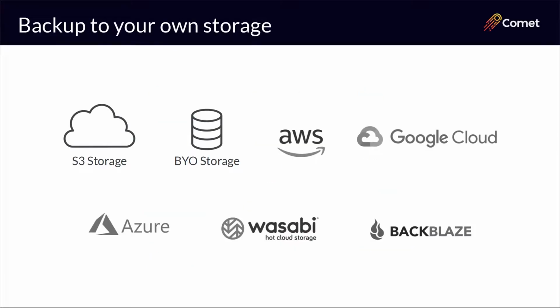One of the valuable selling points for Comet users is being in full control of their end user Office 365 data. This is achieved by bringing your own storage. With our easy storage configurations, you have the flexibility to back up to the cloud location of your choice. One of the key features is creating storage efficiency by deduplicating the data client side. Some of our popular storage providers are Wasabi, Backblaze, and AWS.